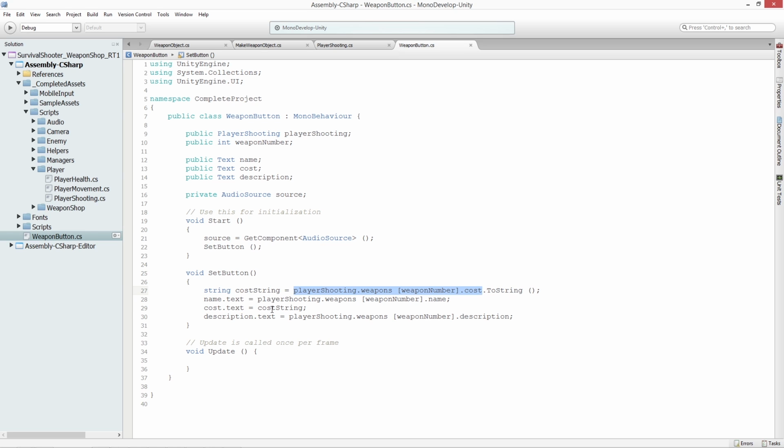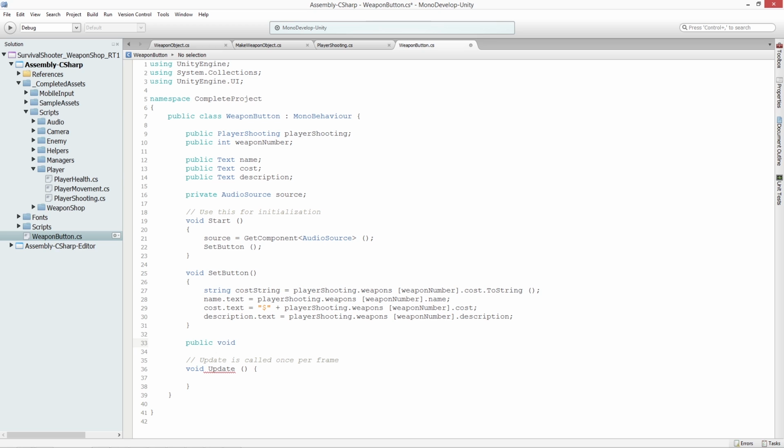Just take cost. I forgot I changed this afterwards. We're going to add a $ sign to it, so that's going to build it into a string anyway. Maybe not the fastest way to do it, but in this case, it's fine. Don't do that in your update loop or anything. Doing it once per button click is fine, but the string operation could get expensive. And then we're going to have a public